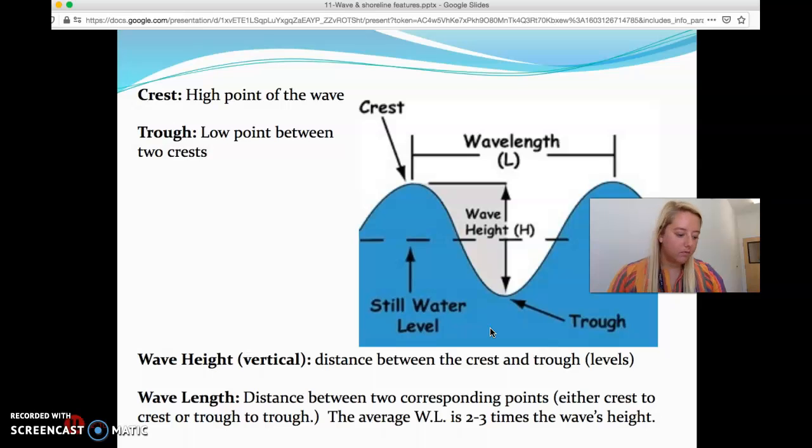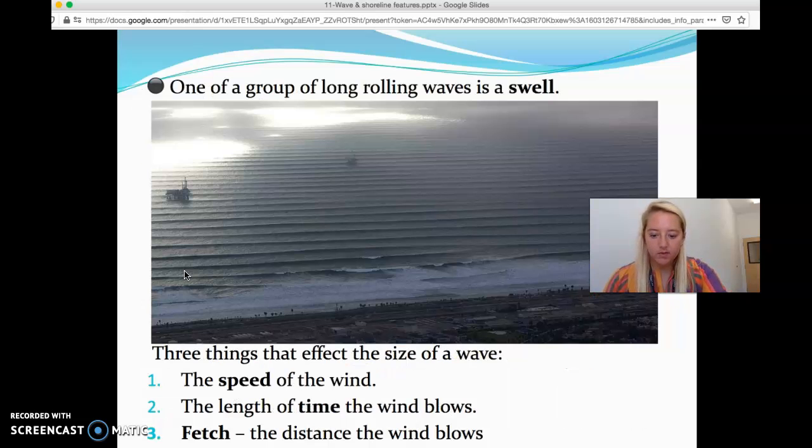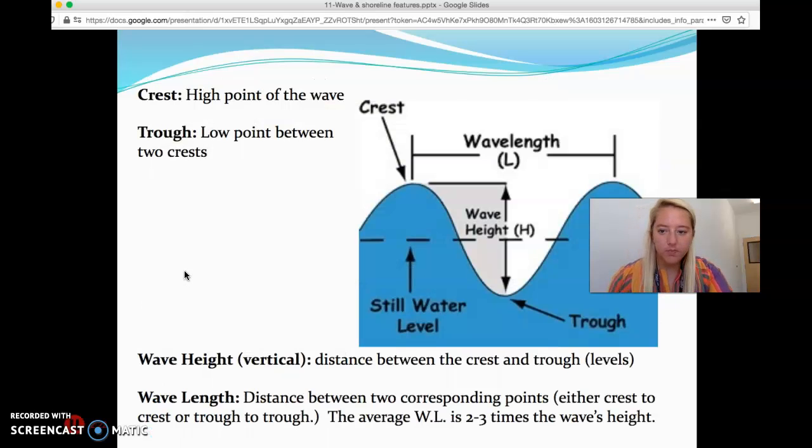There are four-ish different parts of a wave. The crest is the highest point on the wave, and remember, we're going to zip through this pretty quickly, so if you need to pause me to get down your notes, you're more than welcome to. The crest is the highest point of the wave,